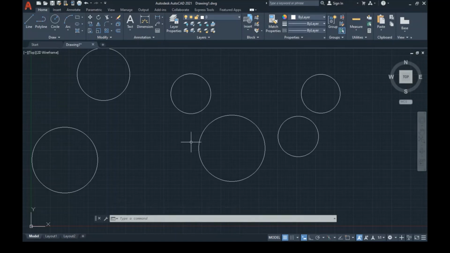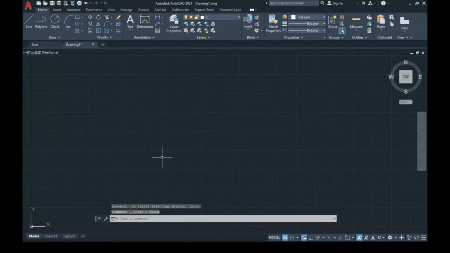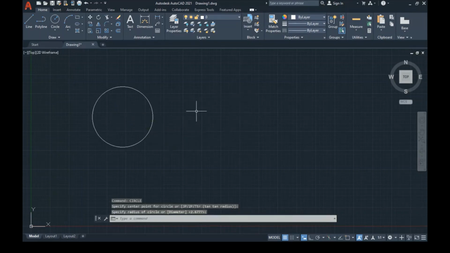Okay, fine. So let's do one example. Let's try to do something with repeat and commands. Say delete. Say I make a circle. Fine. Now say I want to make another circle.